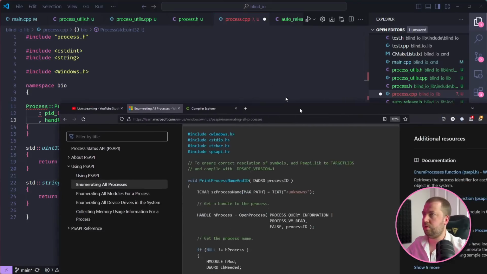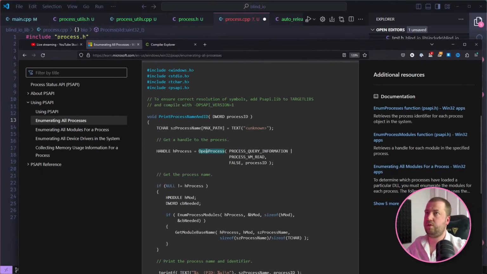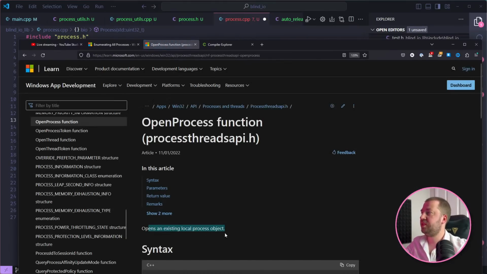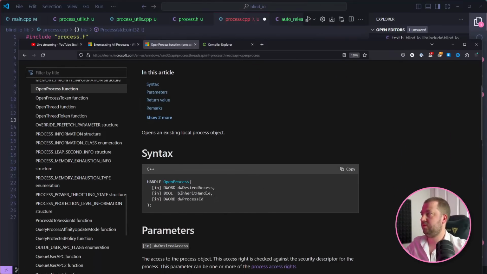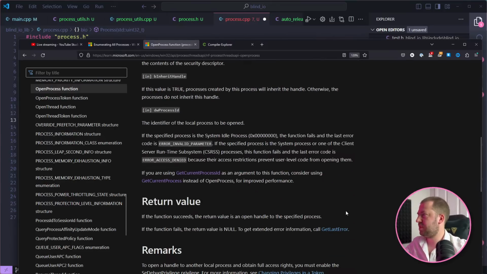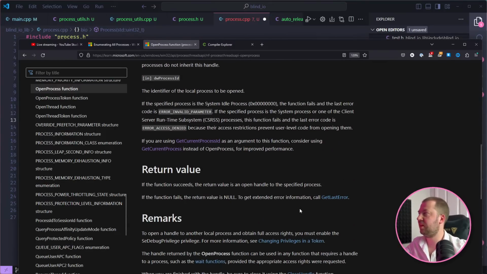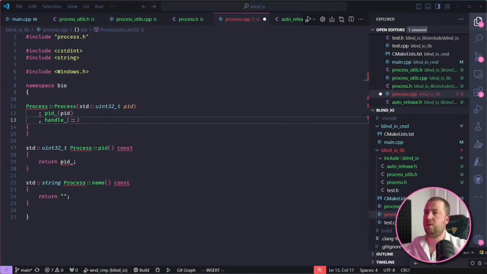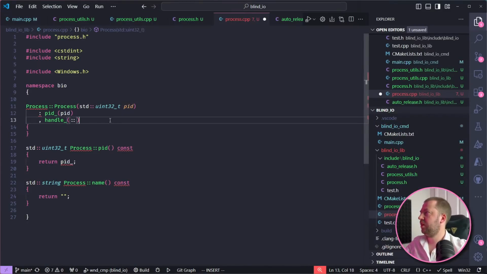If we go back to our documents, it says you need to call OpenProcess, which opens an existing local process object, and you give it the level of access you want, something about whether you inherit handles or not, which we're not that fussed about, and then the PID. So this is how you get a handle from a PID and allows you to then communicate with that process. I don't think there's anything particularly egregious or upsetting in these docs. It does tell you when you finish with the handle, make sure you call CloseHandle, which was our little AutoRelease adventure. So call OpenProcess,